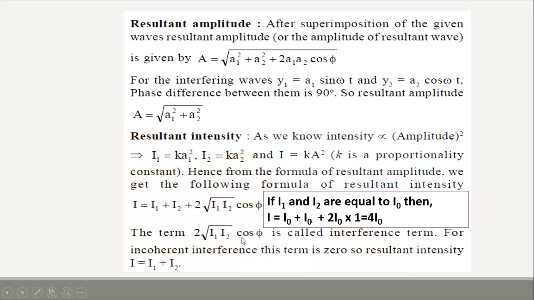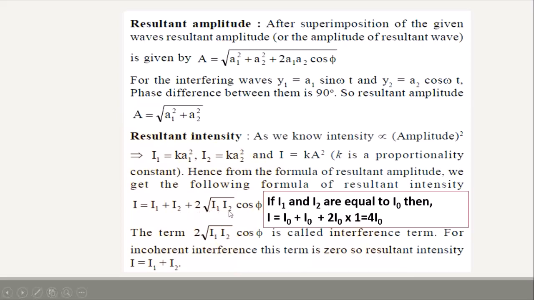If this term becomes 0, then interference is not taking place. If this term has a certain value, then interference is taking place. So these are the two important formulas you should remember. Resultant amplitude A is equal to the square root of A1 square plus A2 square plus 2A1 A2 into cos phi, and resultant intensity I